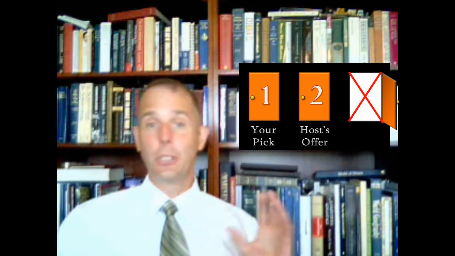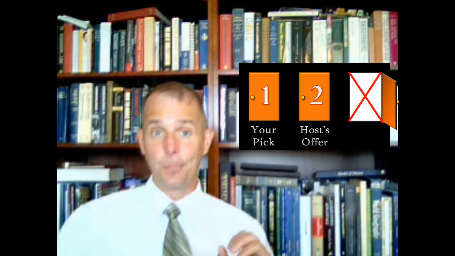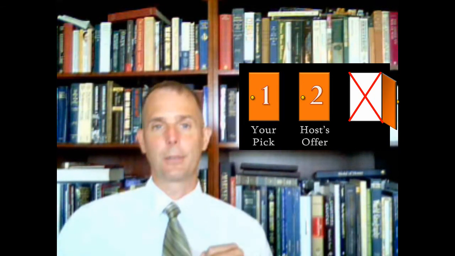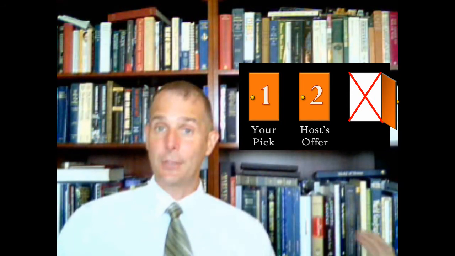In fact, the game doesn't allow him to open the door with the prize. You know, before the game even starts, when he opens the door, it's not going to have the prize. His opening the door gives you no new information, and it doesn't change the odds. You're picking 1 out of 3 doors, so 2 out of 3 times you've picked wrong. That means 2 out of 3 times the prize has to be behind the door Monty's offering you.